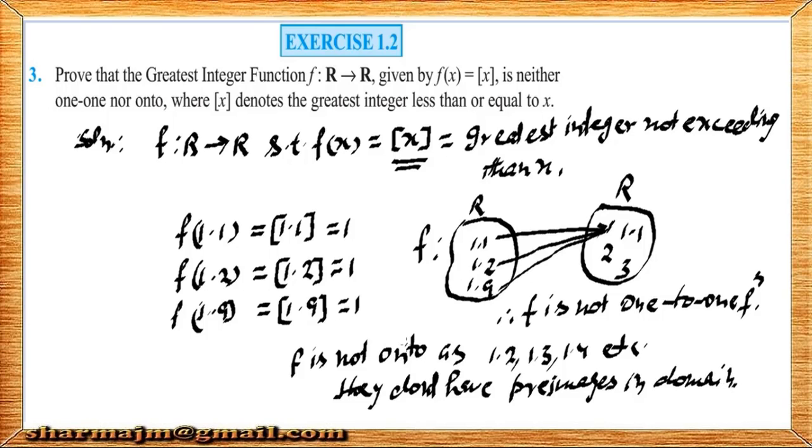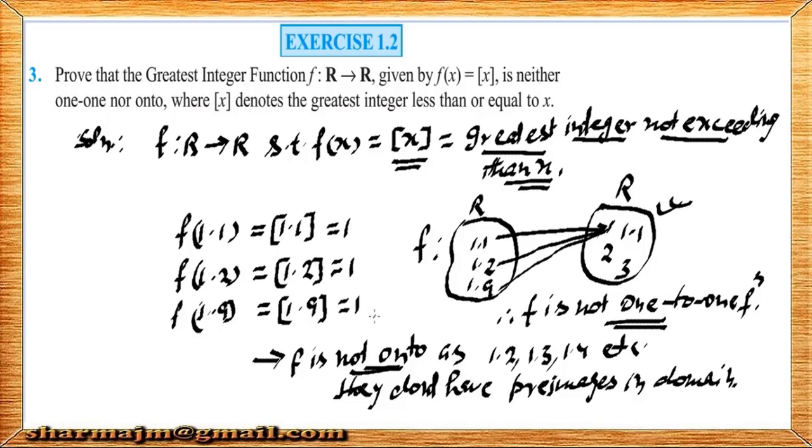Okay, so this function is not onto. कंट्राडिक्शन के लिए एक ही एलिमेंट काफ़ी होता है, तो राइट साइड में आप देखेंगे डेसिमल वाले जो भी नंबर हैं उनकी प्री इमेजेस नहीं है, क्योंकि रेंज जो इस फंक्शन की आएगी वो इंटीजर ही आएगी। डेफिनीशन ही इस तरह से है कि f of x is equal to greatest integer not exceeding x, तो जो भी रेंज आएगी इस फंक्शन की इंटीजर आएगी। तो कोडोमेन में जो बाकी फ्रैक्शंस हैं उनकी प्री इमेजेस नहीं है, इसलिए this function is not onto. So neither 1 1 nor onto.